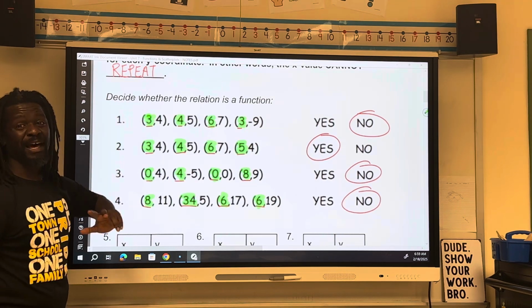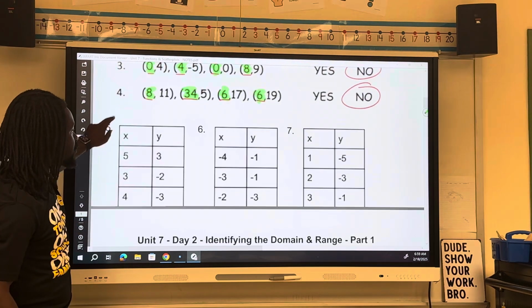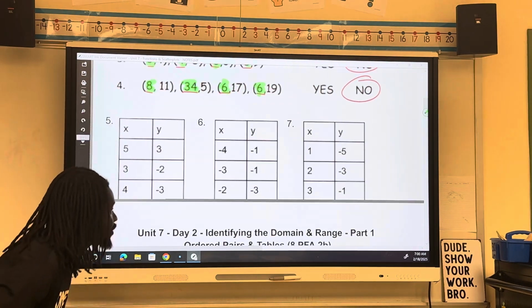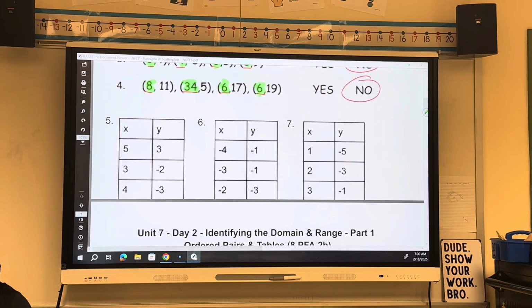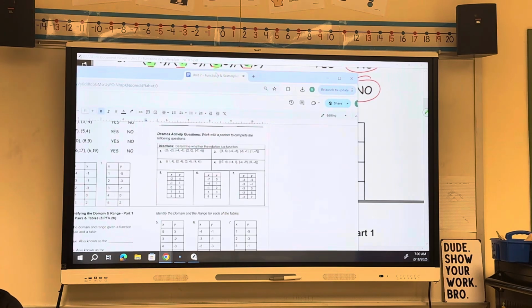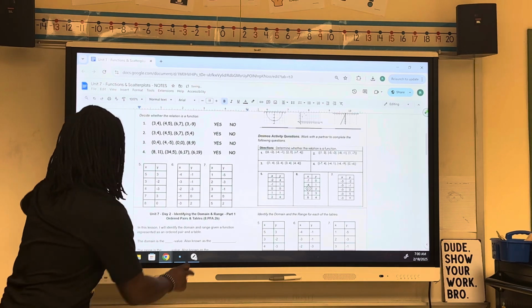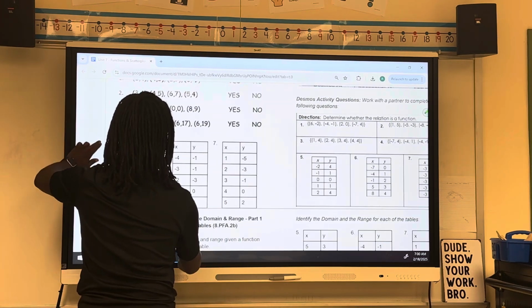All right, so that first set, we determined if it was a function using ordered pairs, okay? Now we're going to see if it's a function using tables. Unfortunately, my tables here are cut off, so let me fix that really quickly. All right, so here are my tables,